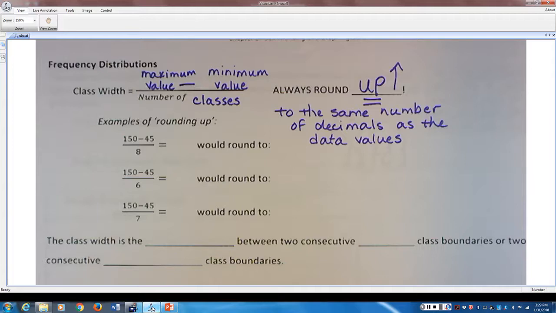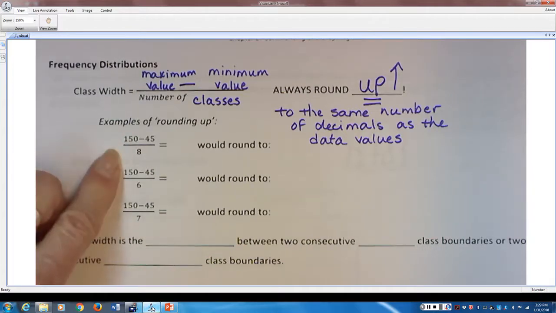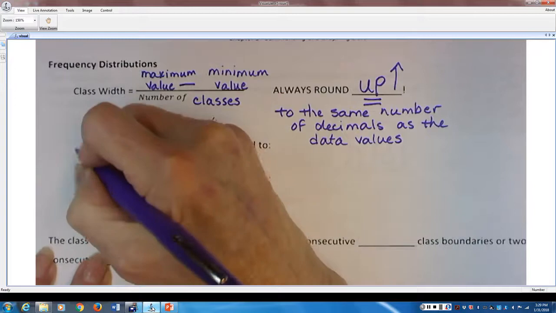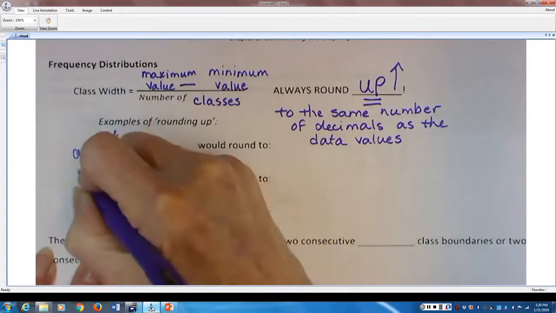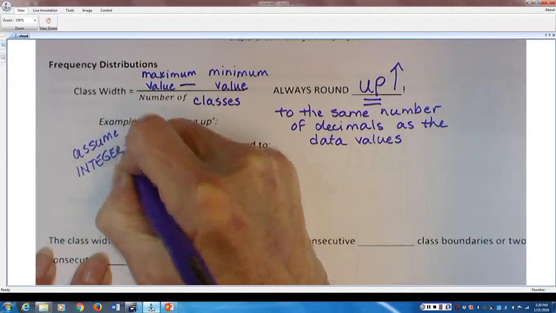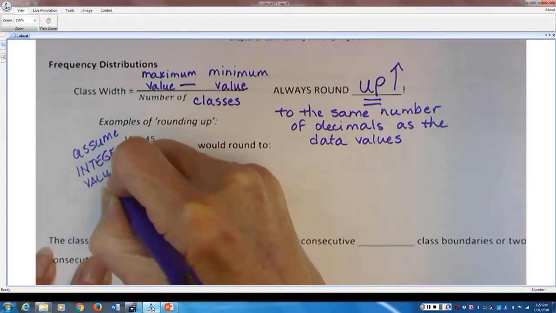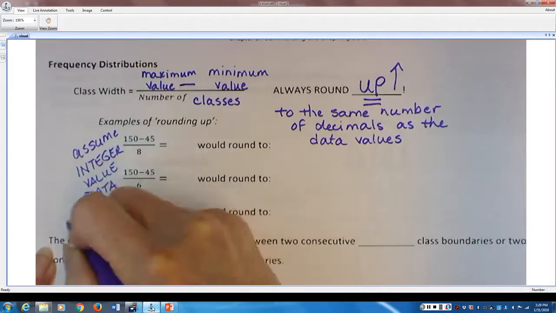Okay? So for example, assuming that we have integer value data, what you think of as whole numbers,